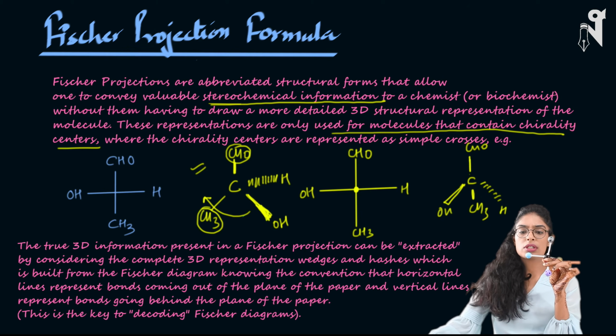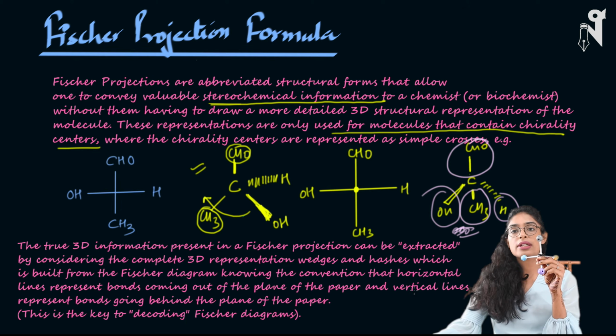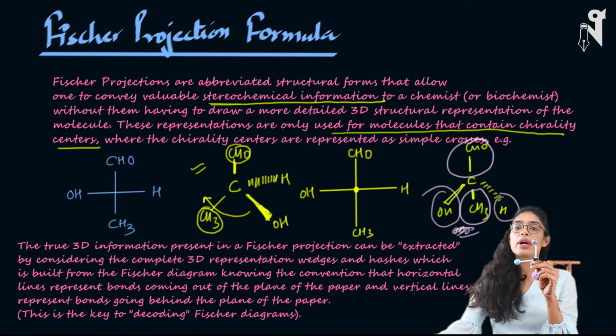So these two bonds, this one and this one, are away from me, and I'm looking at my molecule from here, and this side is OH and this side is hydrogen. So that's how we make the Fischer projection. But obviously, initially it will be a little difficult for you to imagine and then write it. So we will go by some rules and then draw the Fischer projection.